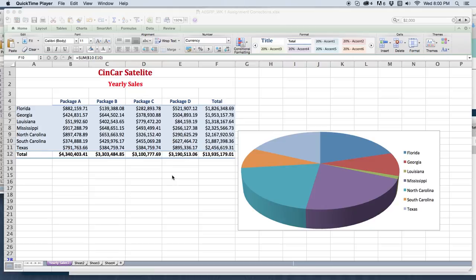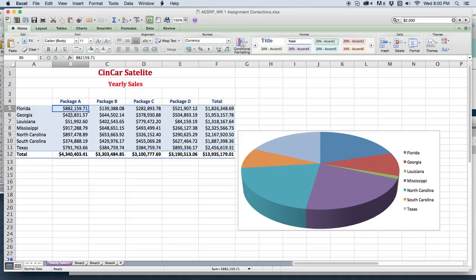When looking at the week 1 lab assignment, sometimes we might have to make a few corrections and then upload and resubmit our assignment for revised grading. Here's an assignment where let's pretend I'm a student and I got my assignment back and I need to make a few corrections. When I view this assignment, I can see that there's a currency as each cell is